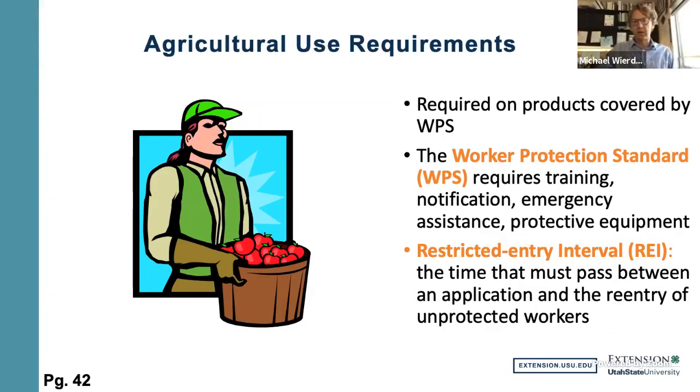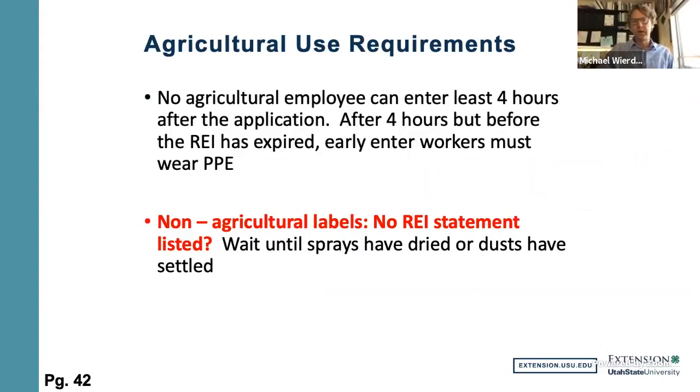This ag use requirement section also lists restricted entry intervals. The restricted entry interval, or REI, is the time that must pass between an application and the re-entry of unprotected workers. Under the Federal Worker Protection Standards, no one can enter a treated field for the first 4 hours after the application. During the remainder of the REI, early entry workers wear the required PPE, which can be found in the